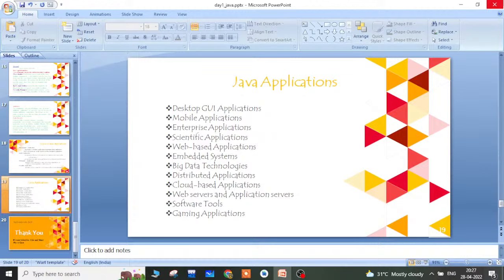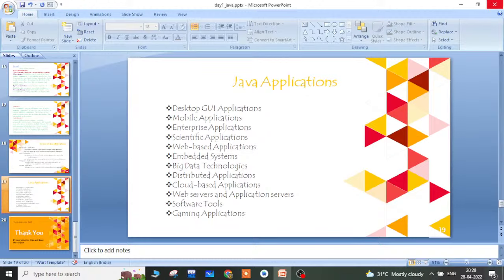And then we are using Java for big data technologies, and distributed applications can also be implemented using Java programs, as well as cloud-based, web server and application server based applications, and for designing software tools like different drivers.